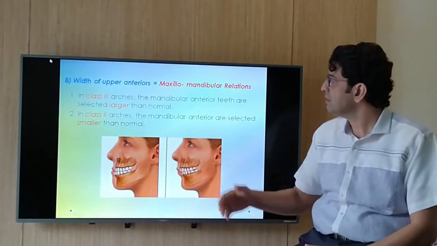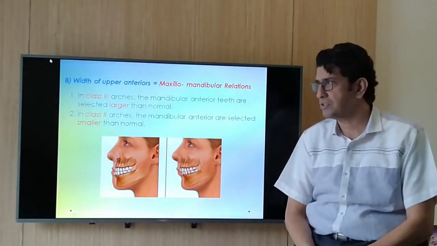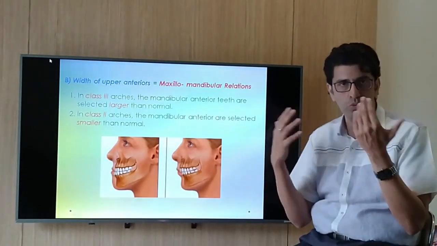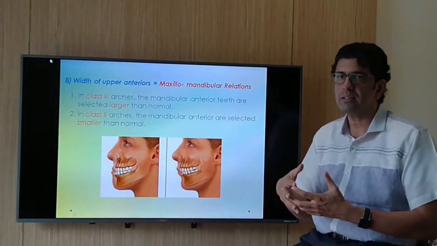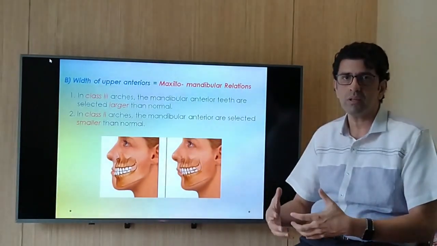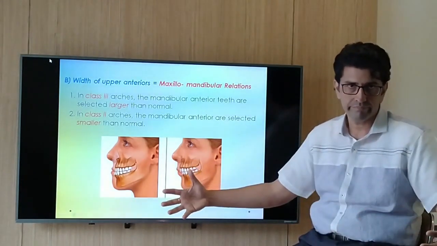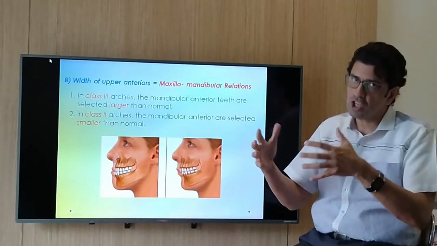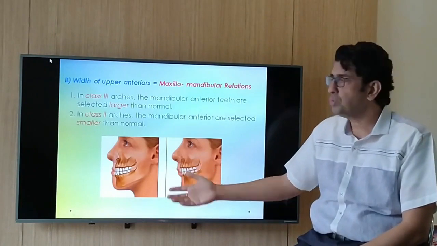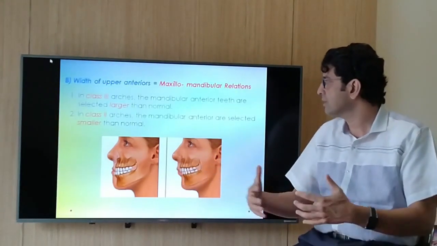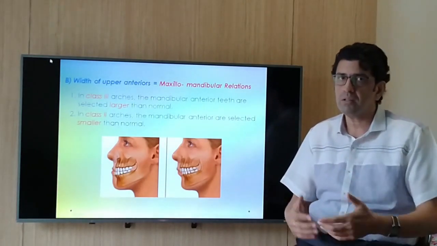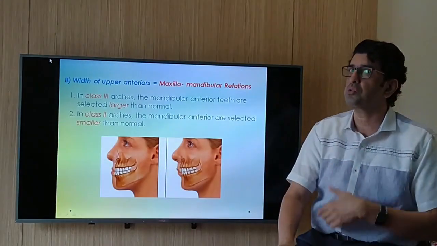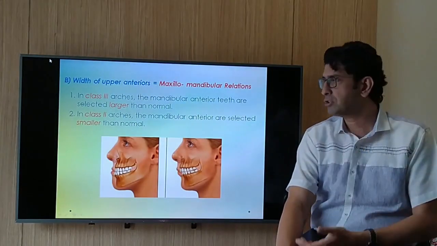The relation of maxillomandibular relations. How is it related to the teeth? Well, in class 3 arches, the mandibular anterior teeth usually are going to be larger because the mandible is larger and the maxilla is smaller. And in class 2, vice versa. The mandibular anterior teeth are going to be smaller than normal. So, selection of teeth on a class 3 or a class 2 is also going to depend upon the maxillomandibular